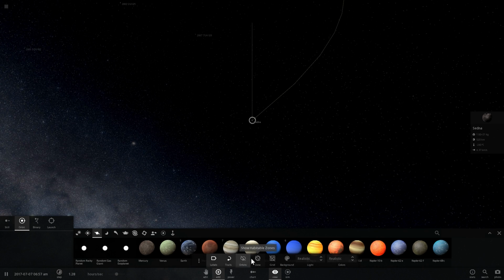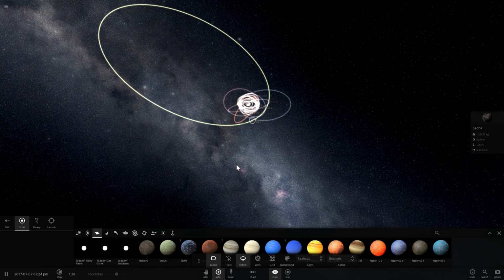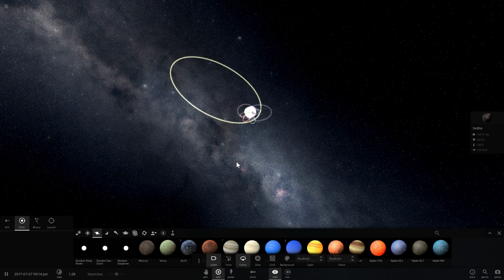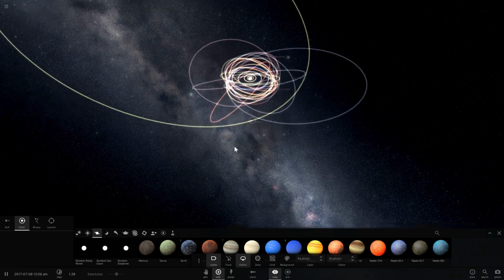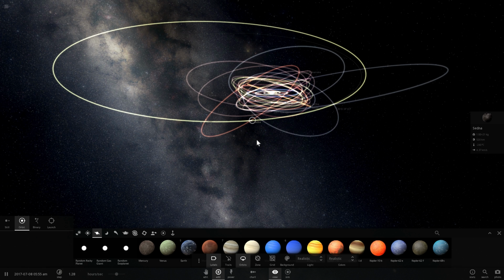So the reason for this theory is because if you actually look at Sedna's orbit, and I'm going to show this to you in a second, its orbit is very elliptical, and so Sedna is the reason why we have this theory. Today we're going to talk about the possibility of this theory being true, but also one alternative theory that I'm going to demonstrate using Universe Sandbox 2. Welcome to What the Math.